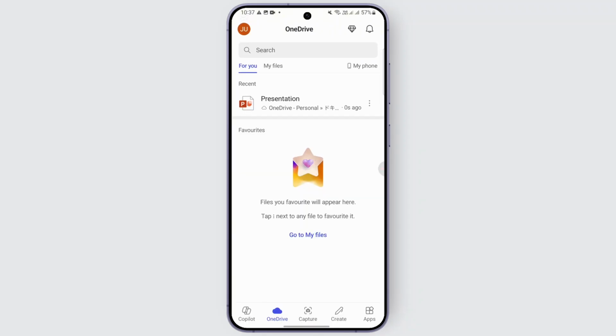You can just go ahead and use this edit pen icon if you want to fill up the form on your mobile device. So that is it for now. Follow this